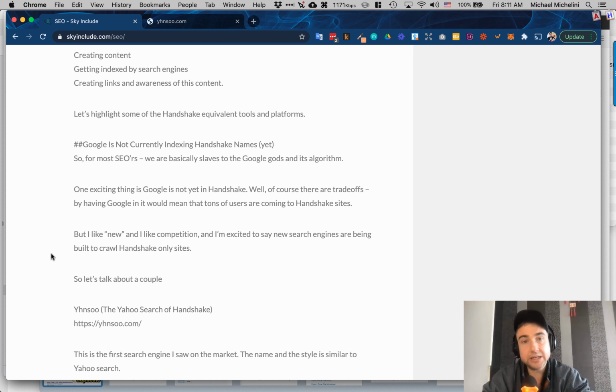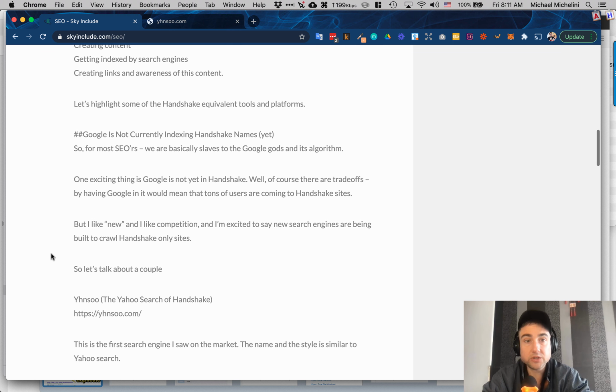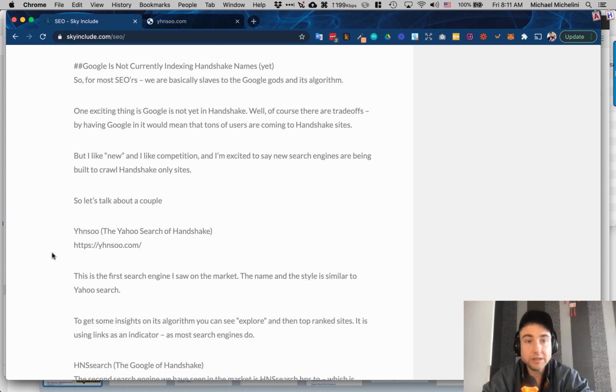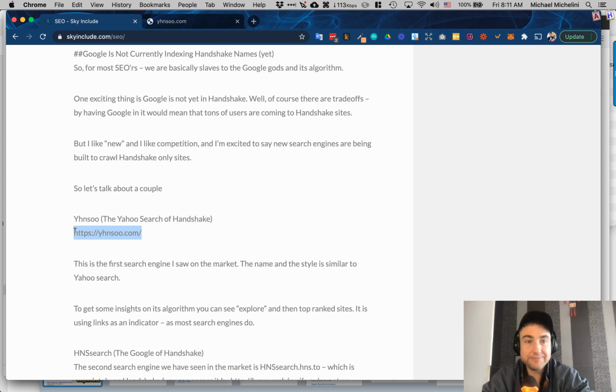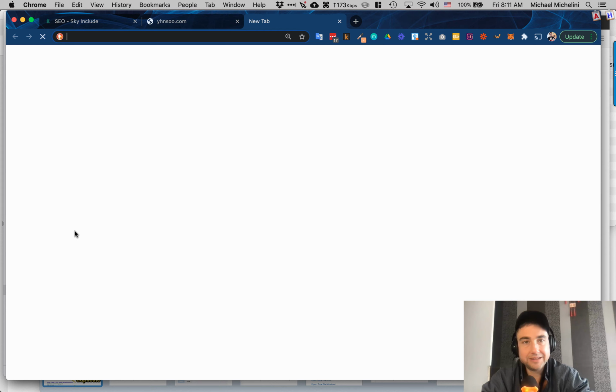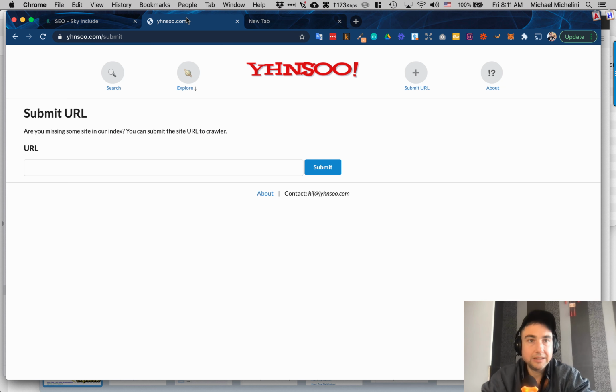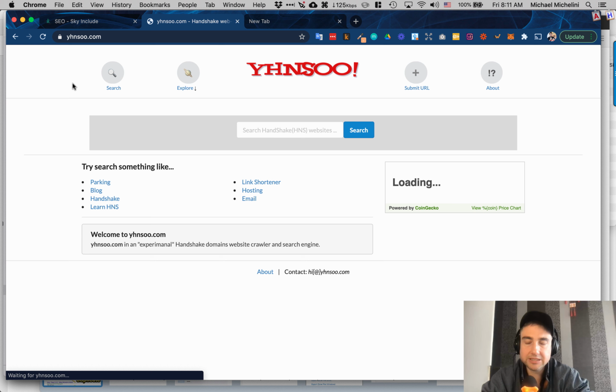But actually, I think that's kind of cool because there's a couple of different startups, entrepreneurs, and developers making their own search engines, which we're going to talk about. So just understand the SEO you're doing in Handshake would be for these two search engines for right now. So Yahoo's knee, again, I think I have that one open already. This is actually on a DNSsite.com. Maybe they have it. I think he's been putting it on Handshake, but this is the one I know.